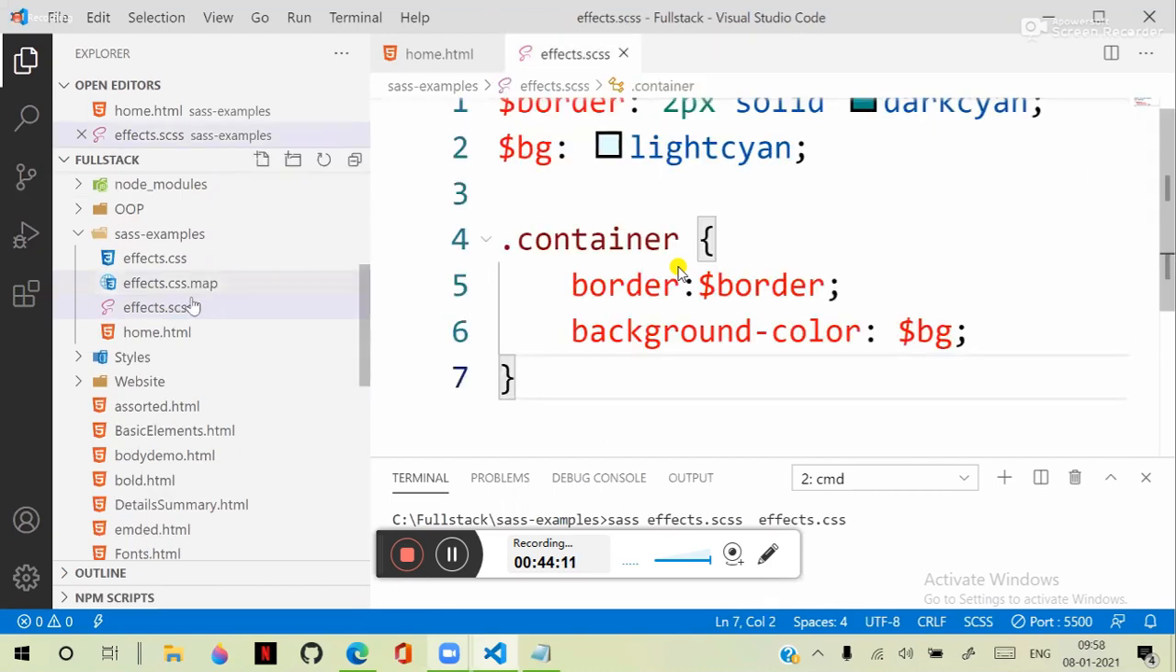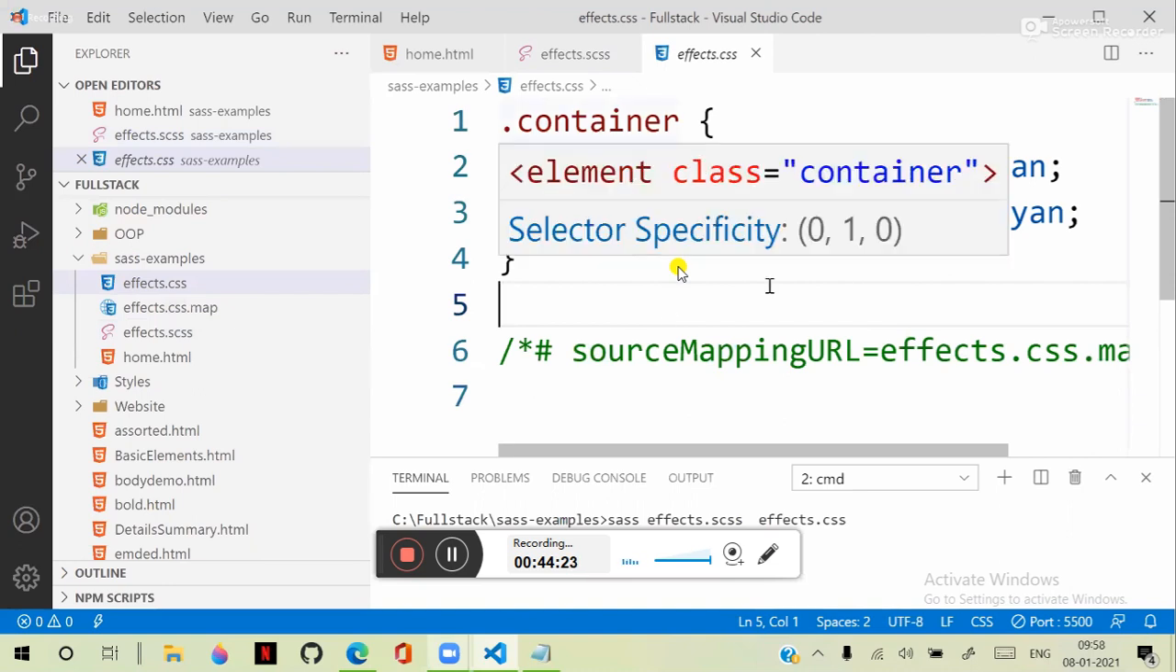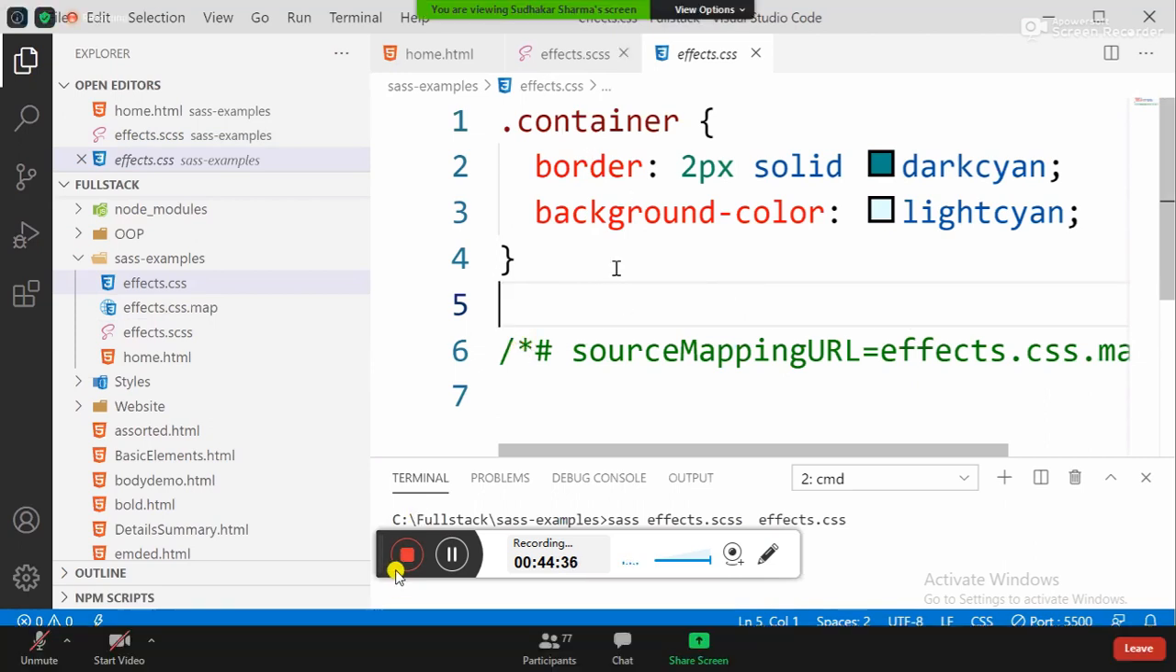But observe here, fx.css is looking like normal CSS. It doesn't have any variable. But see, container is applied with this border and background color is applied with this color. Am I right? That means you are writing them. So it is easy now. That means you are declaring variables here. We are